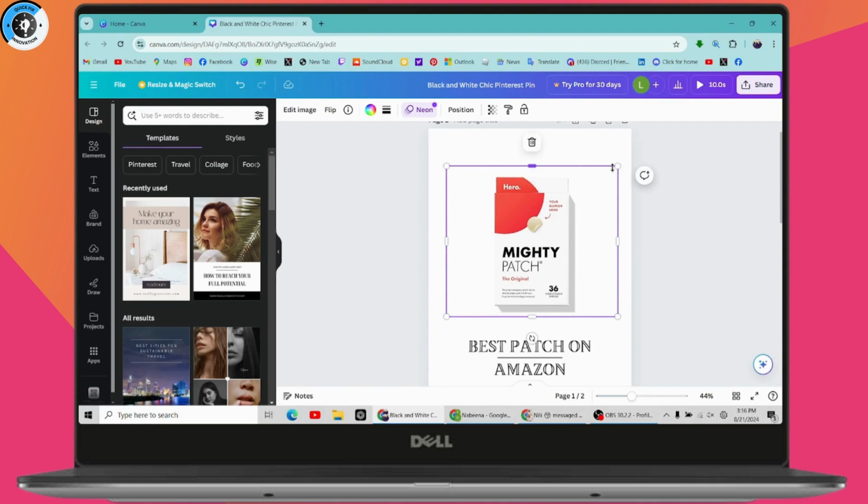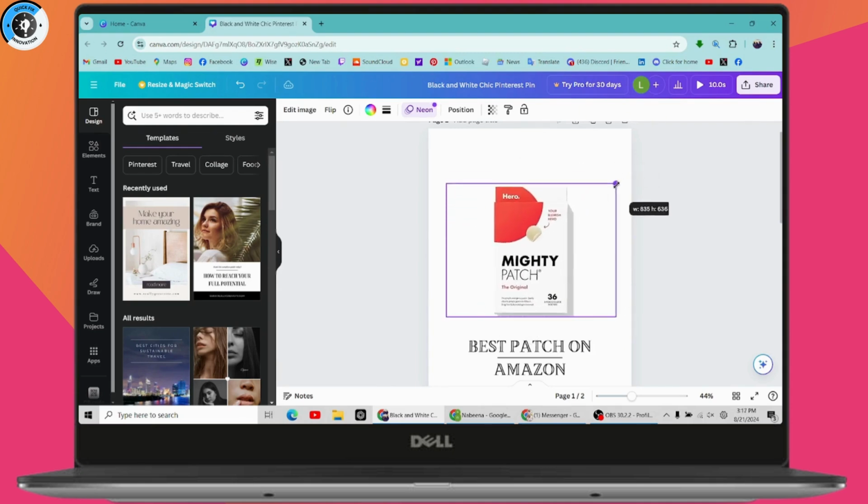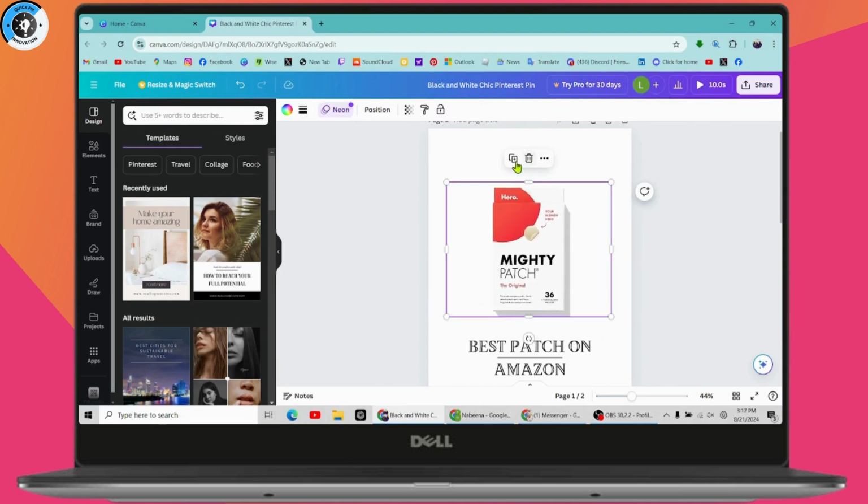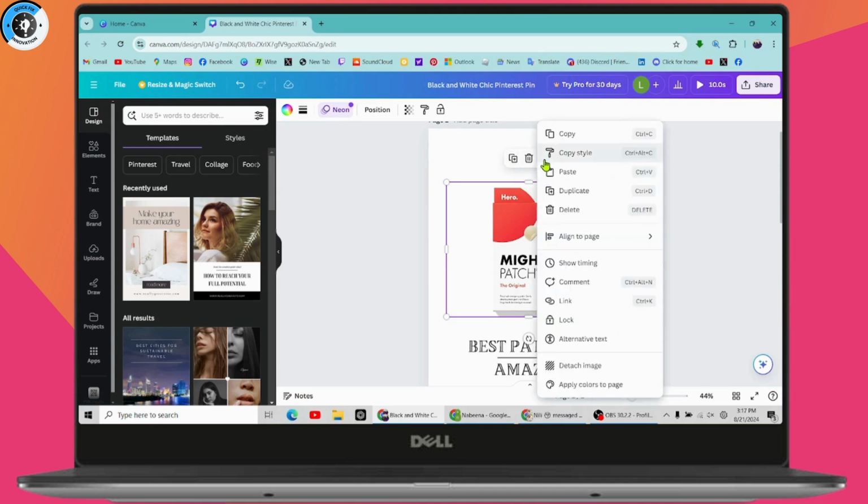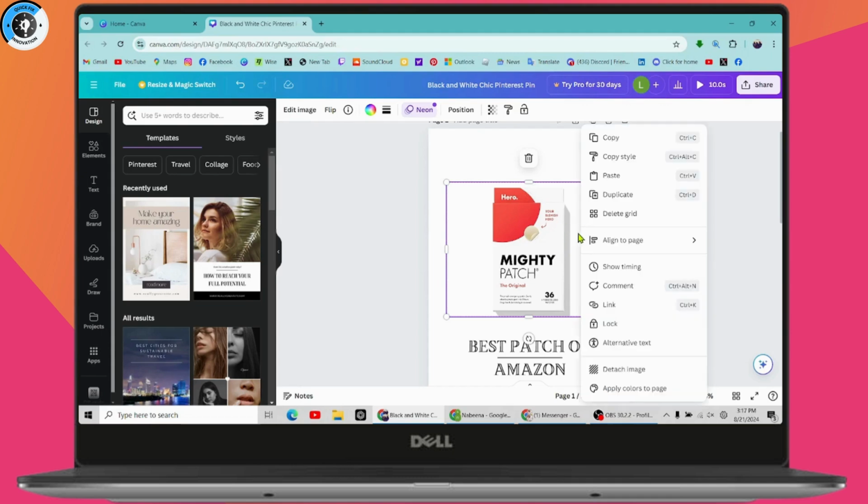And you can also resize it. You can simply enlarge it or make it small. Or you can go with the right side, which has that three dots. And then you can copy style or paste that again or delete that, or you can also comment on that, or you can detach the image, or you can apply the colors to the page, or you can simply rotate